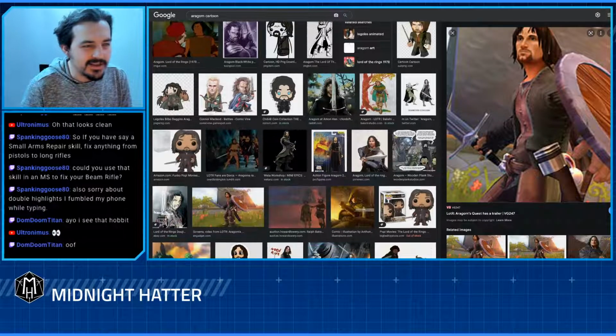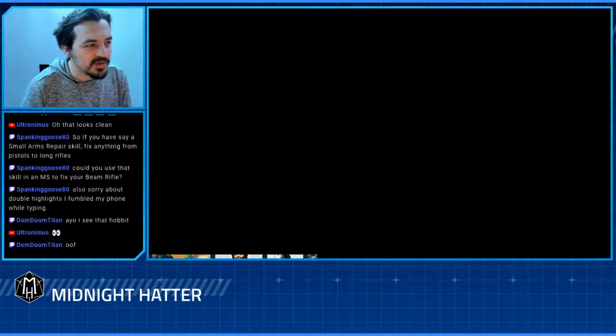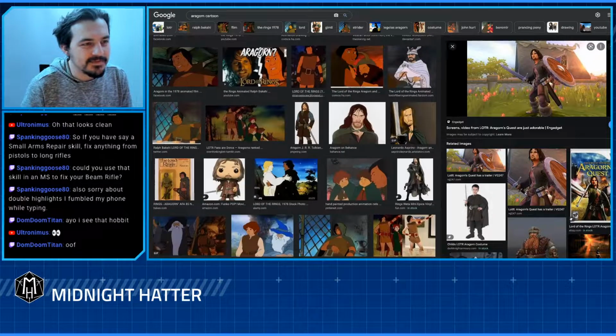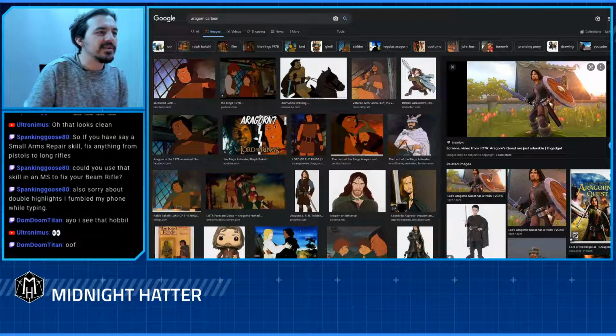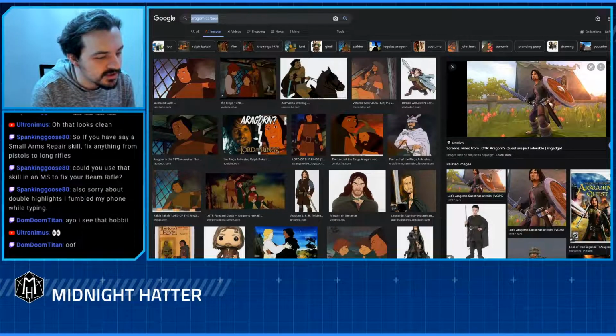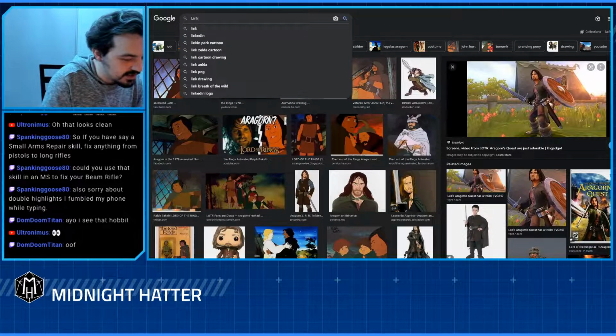I mean, I kind of like this. This almost has a very Blizzard look to it, which is all the more reason to not use it, I guess, right? And I mean, we don't have to use Aragorn. We can use somebody else. What's another popular hero we can choose? Let's just do Link